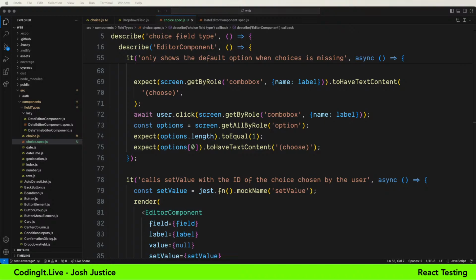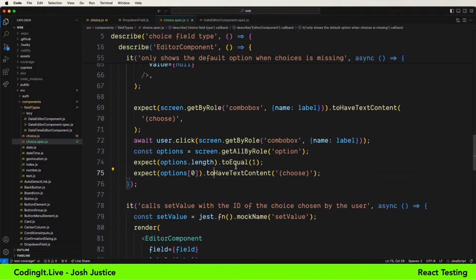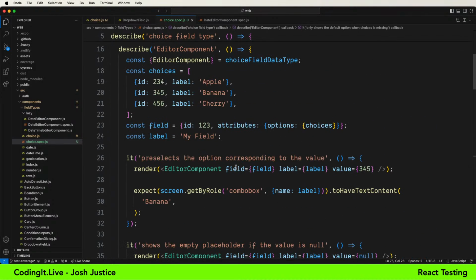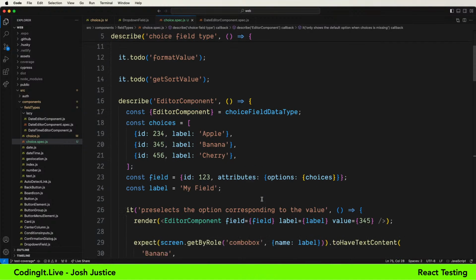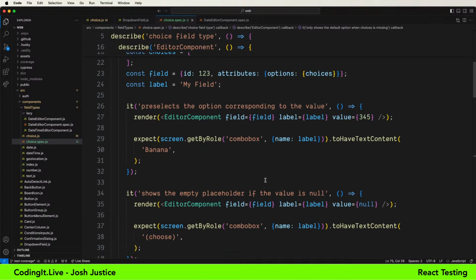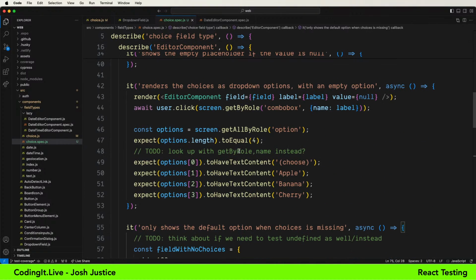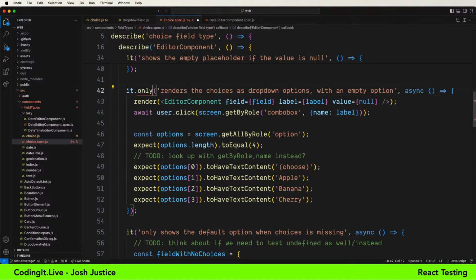All right, here we are. All right, let's look over this test and think about the to-dos. Well, these to-dos are coming back to off the stream, but for the editor component, I had the to-do here about whether I want to look up the options by get by role with name instead. So what I'm thinking here, and let's just try to see. We'll just run that one test.